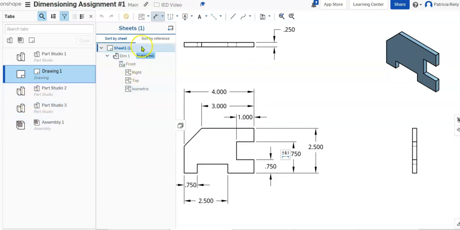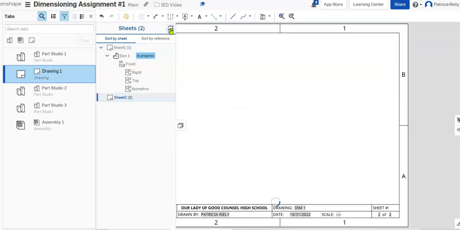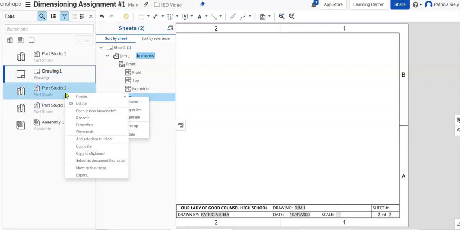Okay, you see how this says sheet 1 and it says dim 1 in progress? Now I just finished this. So let me uncheck this and let me add another sheet. I'm going to say insert sheet. Okay, sheet 2. What do I want there? I believe what I want is to come over here to Part Studio 2 and say create